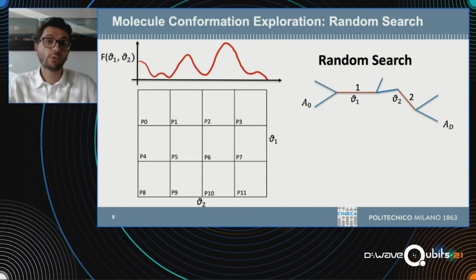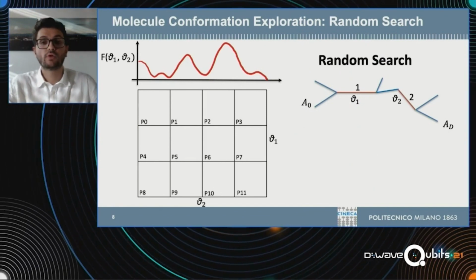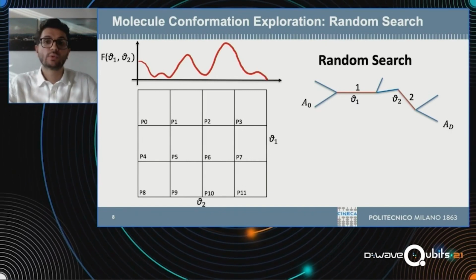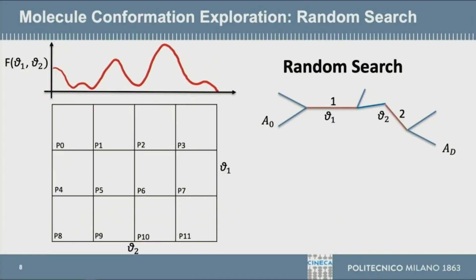Okay, now we will see two of the alternative algorithms that we use to compare to quantum annealing. The first one is random search, that belongs to the family of probabilistic algorithms, usually used in hyperparameter optimization in machine learning. In this case, we are picking out candidate combinations from a random uniform distribution, and we are evaluating them in the function that we want to optimize.